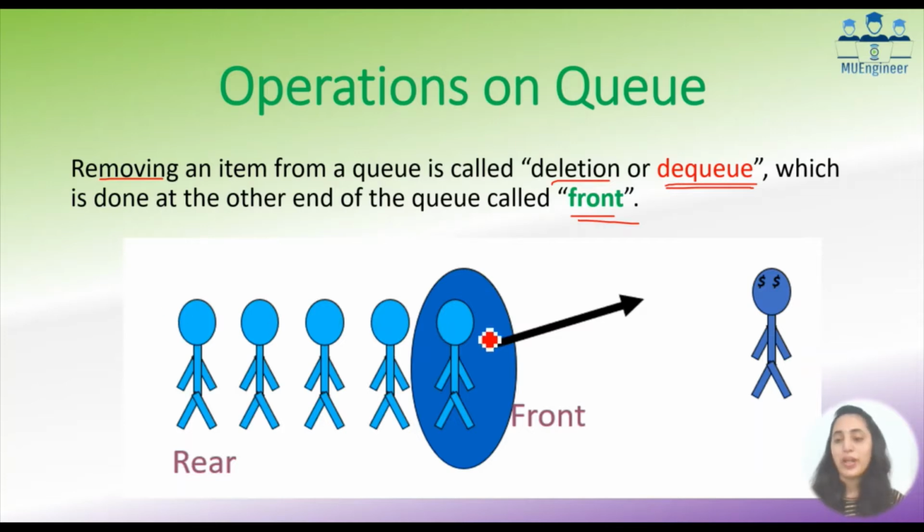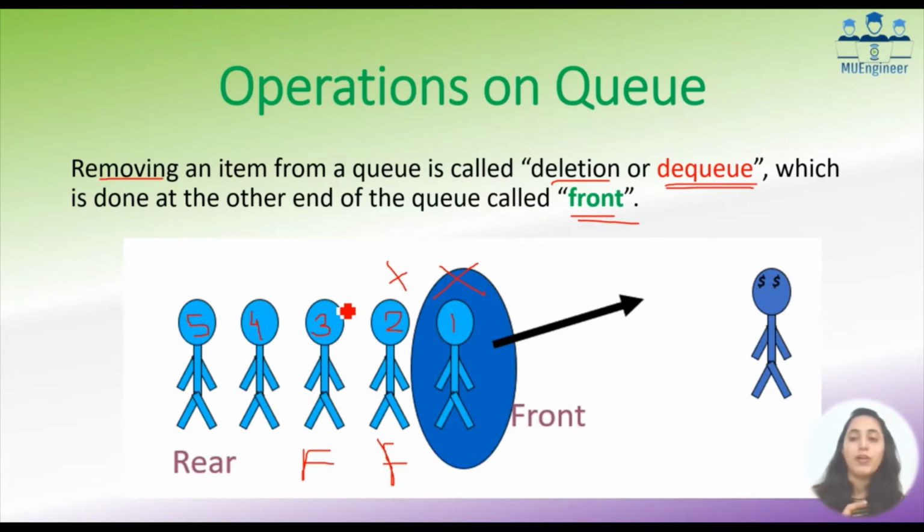Obviously, if there are 5 people standing at a ticket window in a queue, who will get the ticket first? The one who has joined first, then the one who has come second, then third, then fourth, and then fifth. When the first person gets the ticket, he leaves the queue. Now the second person comes at the front of the queue, so he will get the ticket. When the second also gets the ticket, he leaves. Then the third one comes at the front and gets the ticket. This is how the process happens, and here we remember these NQ and DQ operations. The coding for these NQ and DQ operations will be explained in the next video, which will make the understanding very clear. So please do watch that video.